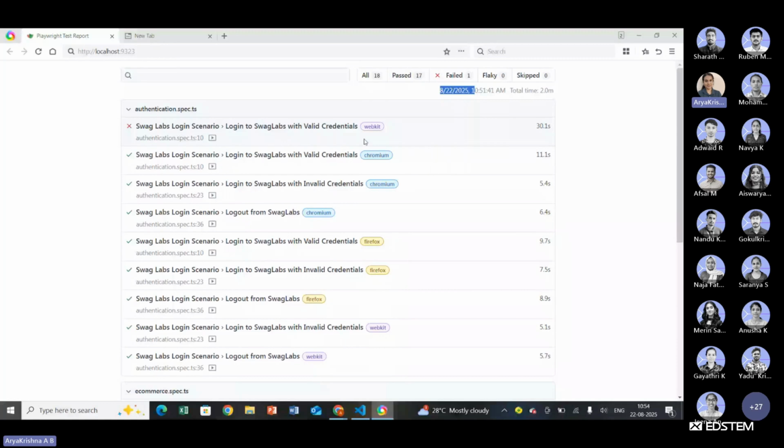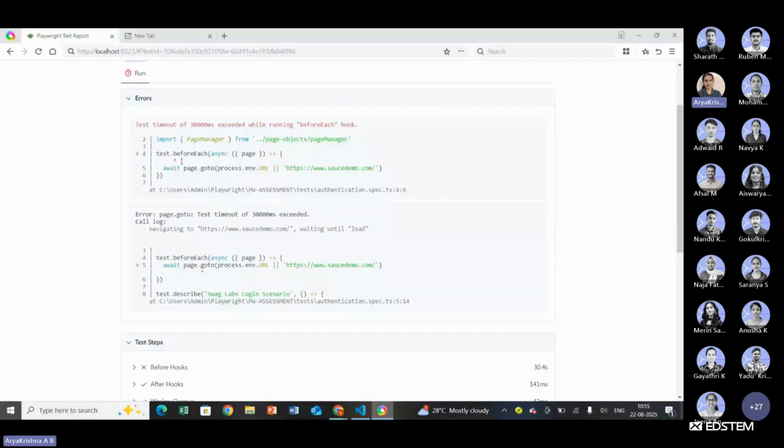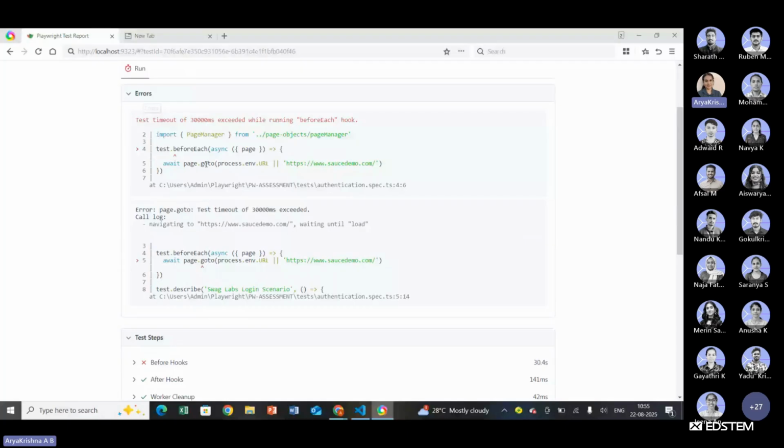With all the 3 browsers, it got executed, and the time taken for execution is also mentioned here. And the fine part is that if I click here, I can see the complete details of the execution. Say this is my scenario, this is my time taken, which is the browser, and what is the result. If there is an error, it will mention in which step the error has occurred,